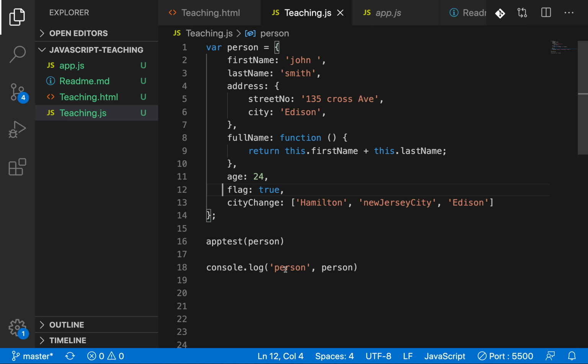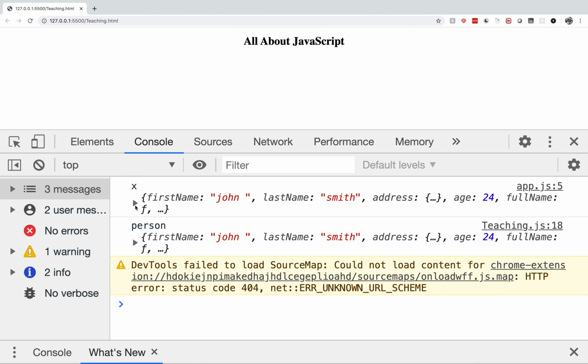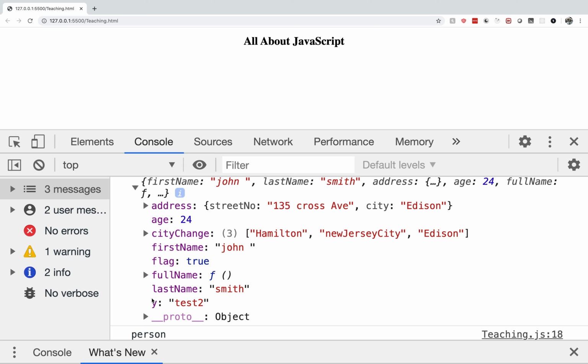That's the way JavaScript runs basically. So now as we define x, first x has all the properties which we defined in the person: address, age, and so on, and we just assigned a y to that person object, right? So y equal to test2 is there.